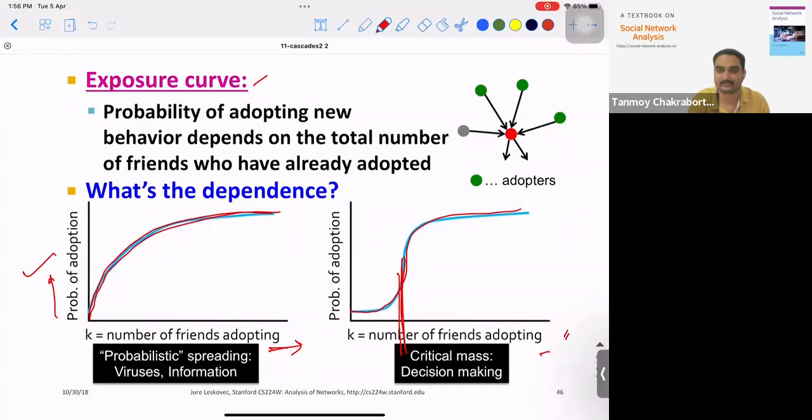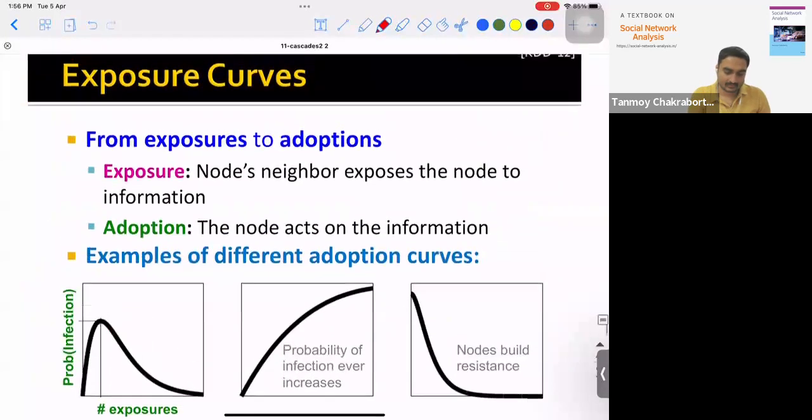It is less likely that you will adapt to a particular strategy or rumor. As the number grows past a certain threshold, this probability will increase significantly. And this is very different from the probabilistic model. Okay. In fact, the exposure curve,